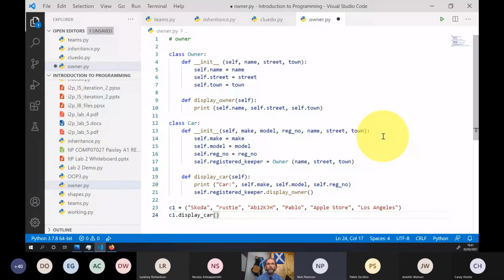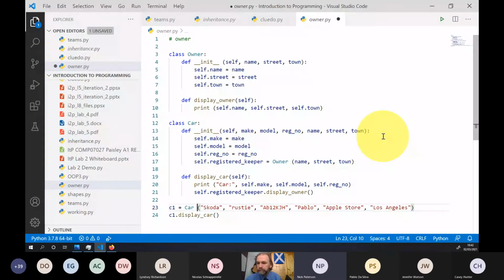No. Why? Because you've not declared the class, or the C1 doesn't have any class attached to it. Okay, we forgot to say that that's a car. Anything else? I don't know if you would need to separate it, because a car doesn't have.